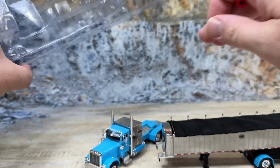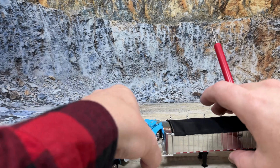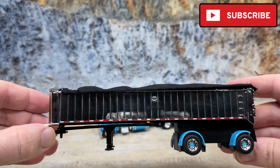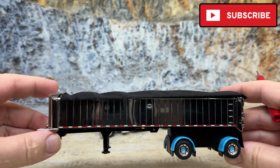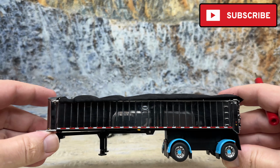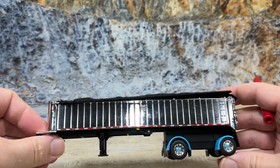Now, I've already talked about the Mack square bottom before, so I'm not going to go into a whole lot of detail, but we'll talk just a little bit about it, especially since this is a sharp one. You can see it's chrome plated. See the reflection of my thumb, the camera right there. It's got the Mack logos on it. This one has a spread axle configuration. It's frameless end dump, and it has fenders over